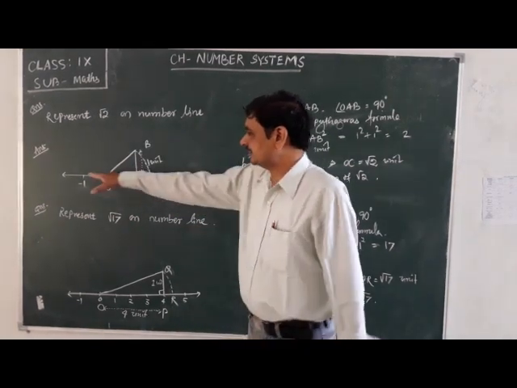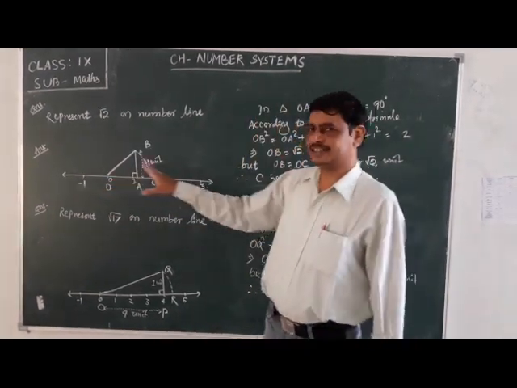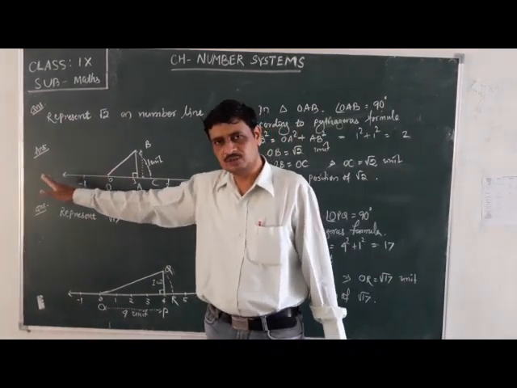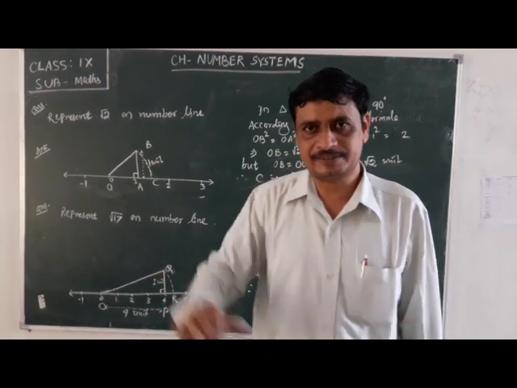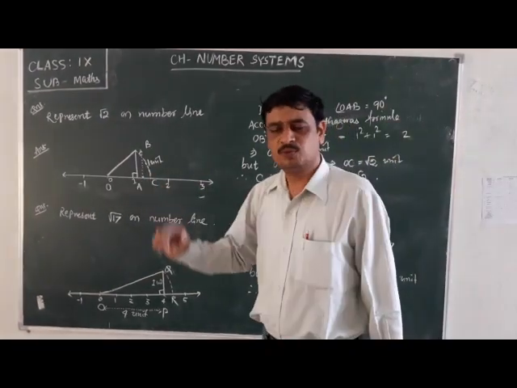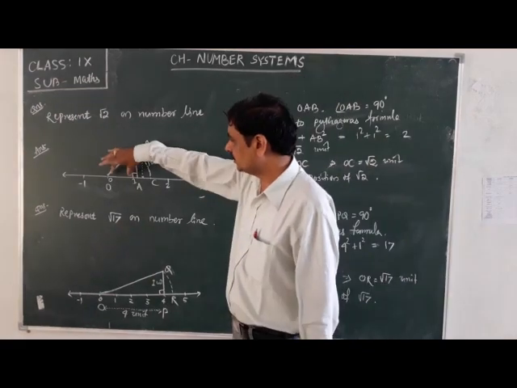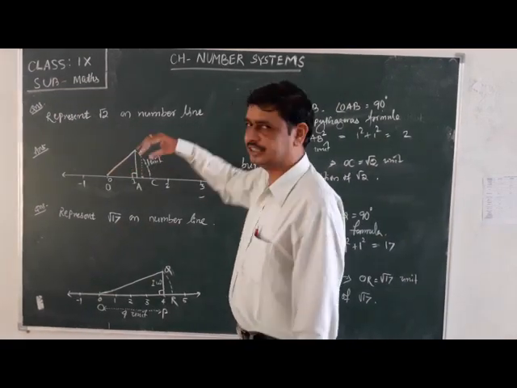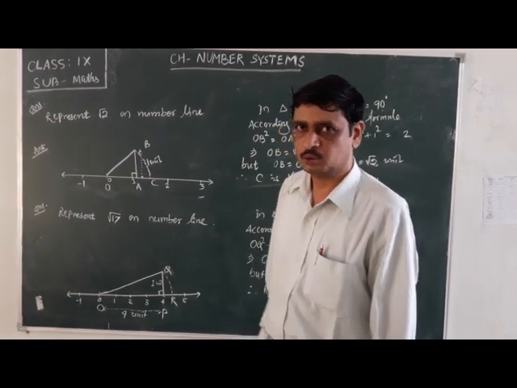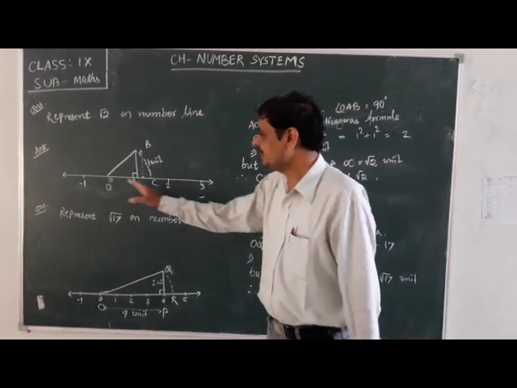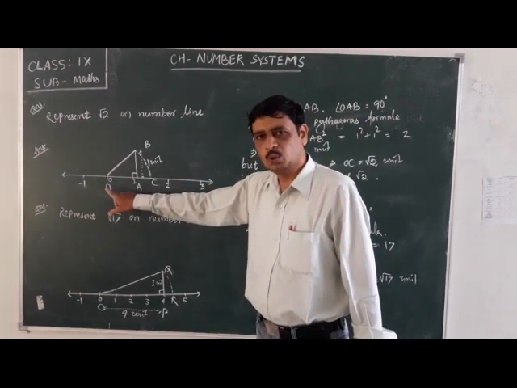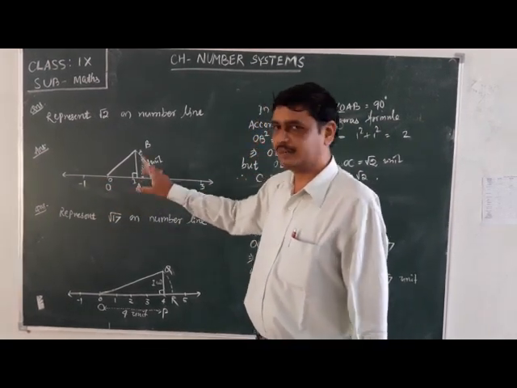First we draw this number line, which is marked as 0, 1, 2, 3, and on the left side of 0 it is marked -1, -2, -3, -4 like that. Each of the segments, from 0 to 1, 1 to 2, 2 to 3, has a length of 1 unit. At 0 it is marked as O and at 1 it is marked as A.